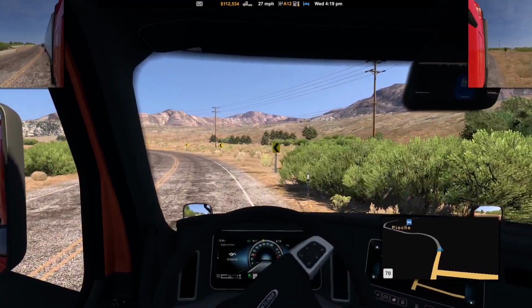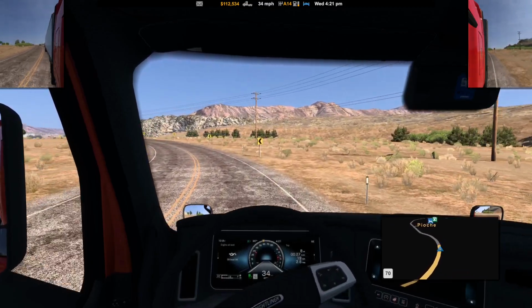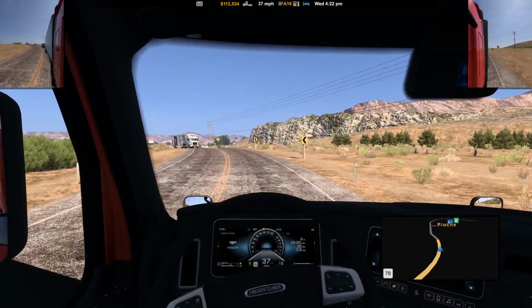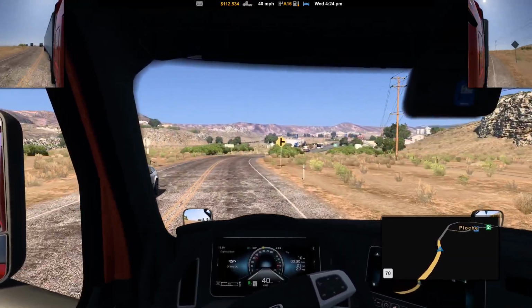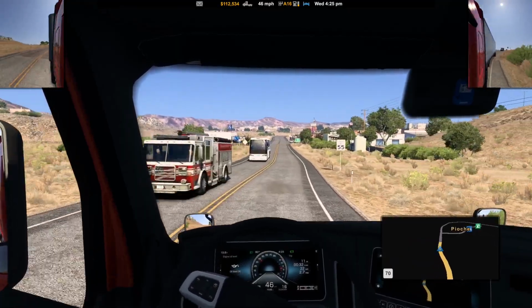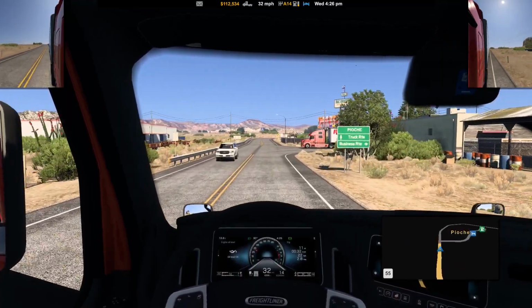So we're going to continue on here to Pioche, just to start to see what things look like. It's just going to be hard to tell as we drive. Get ready to turn right. We're going to slow down. Oh, that's right. That's the other thing. There's a police car mod that is supposed to give you...